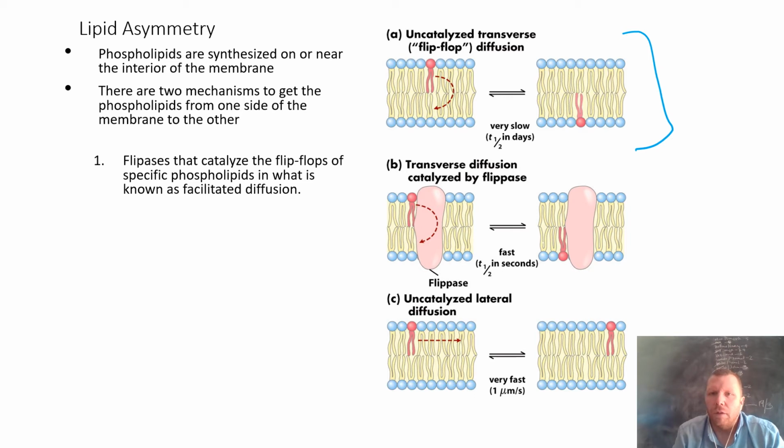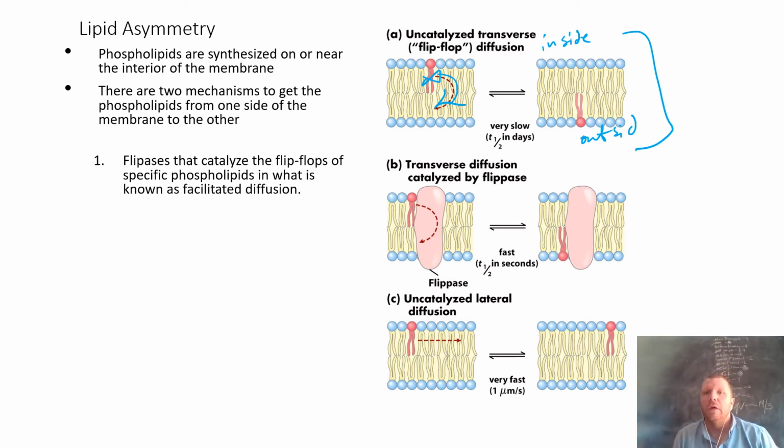So a movement of lipid right here to the interior of the cell, the exterior of the membrane. So this is inside, this is outside. Okay, so this is uncatalyzed transverse diffusion. Now, that is very, very slow because if we're talking about a glycerophospholipid, we're talking about something that's arguably fairly polar, moving through a membrane that is extremely nonpolar. So there's going to be a huge amount of energy required to overcome